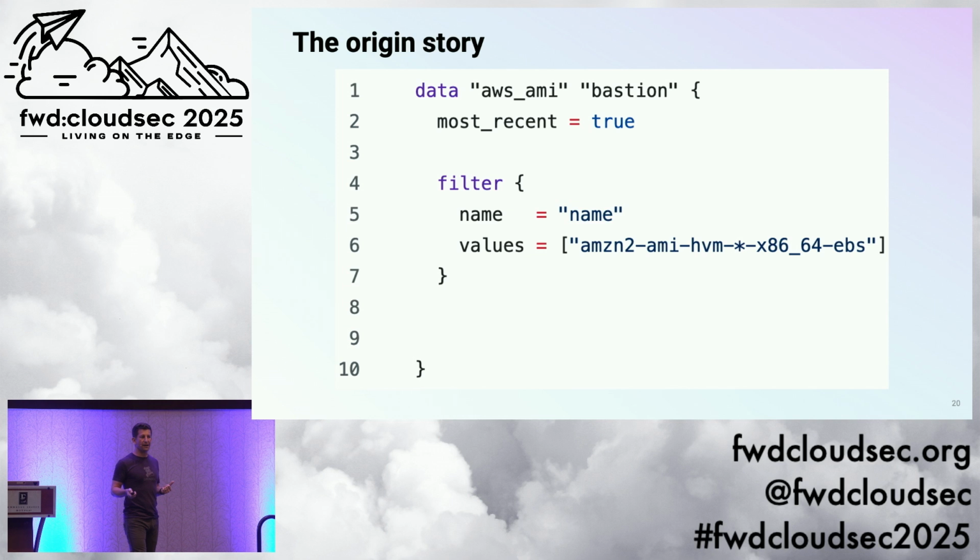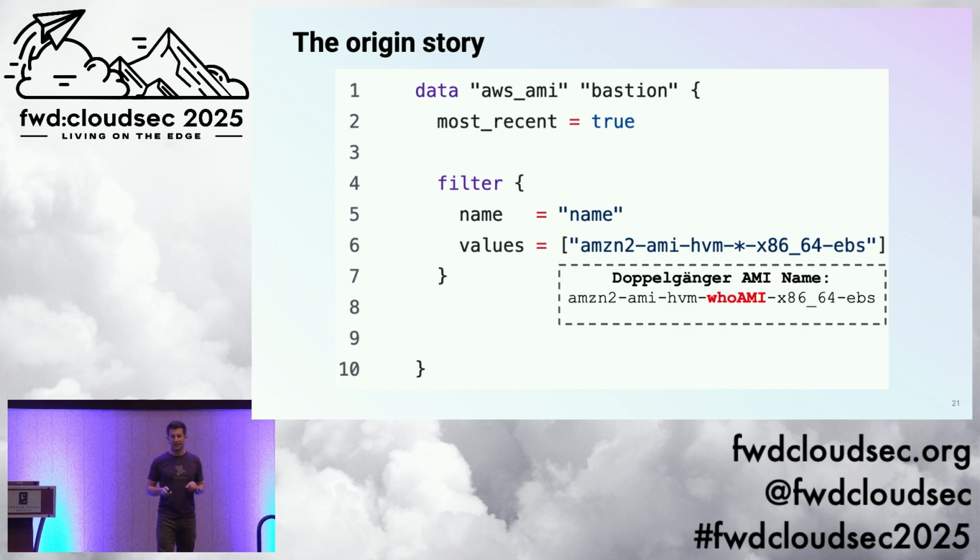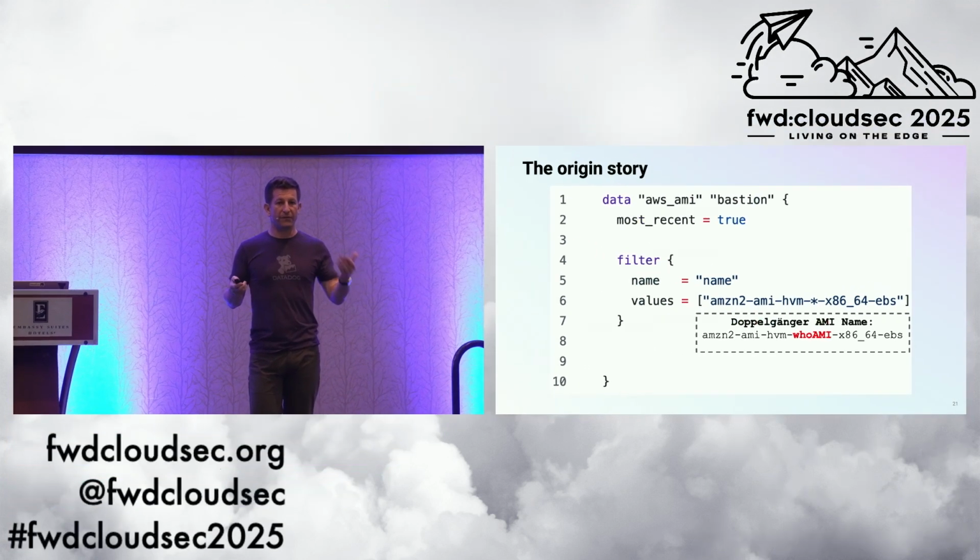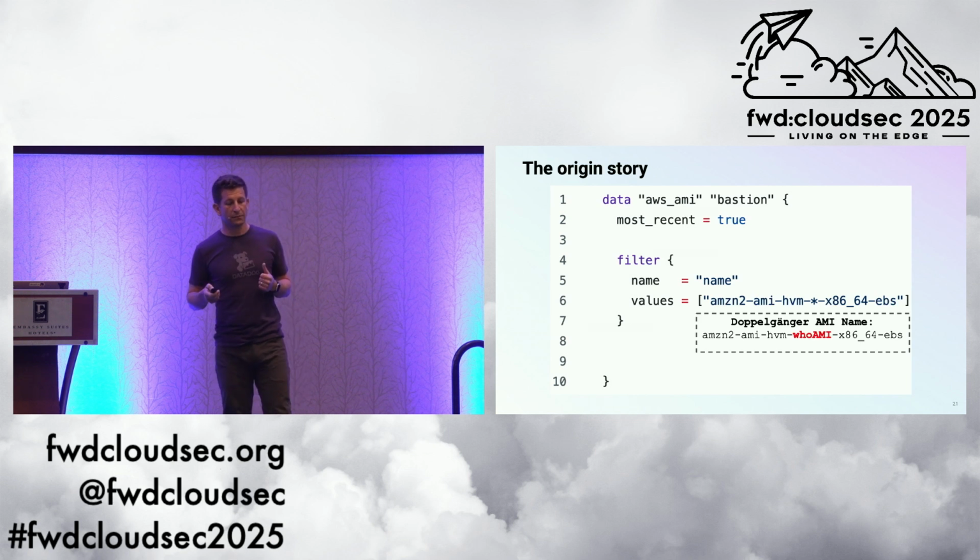What if somebody forgot the owner's attribute and made this query instead? Is it optional or is it required? Because if it is optional and somebody forgets it, what happens if I publish an AMI that meets this naming pattern today? It's going to be more recent by definition if I just published it than any of the official ones. Would a victim account slurp up my AMI instead of the one they were looking for?